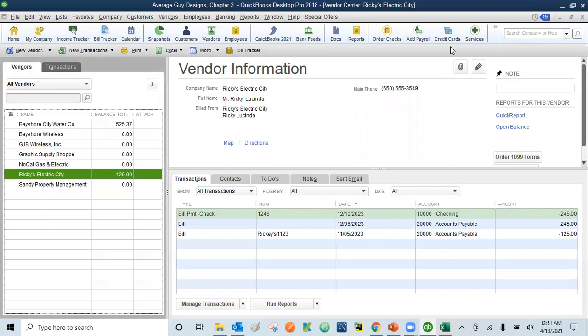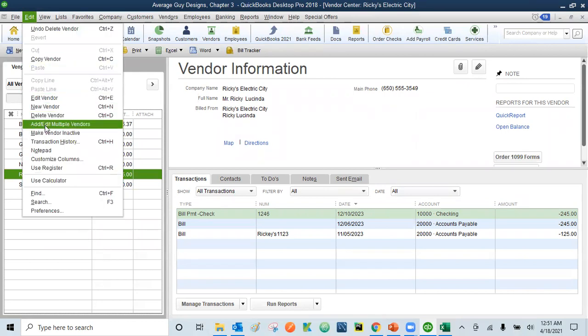So there are two ways. Either you will be updating from the Excel sheet or you will be updating from your ledger or register. I will show you both ways. Let's say we are updating the data from an Excel sheet. We can go to the edit tab here, select add or edit multiple vendors. You can select from here,